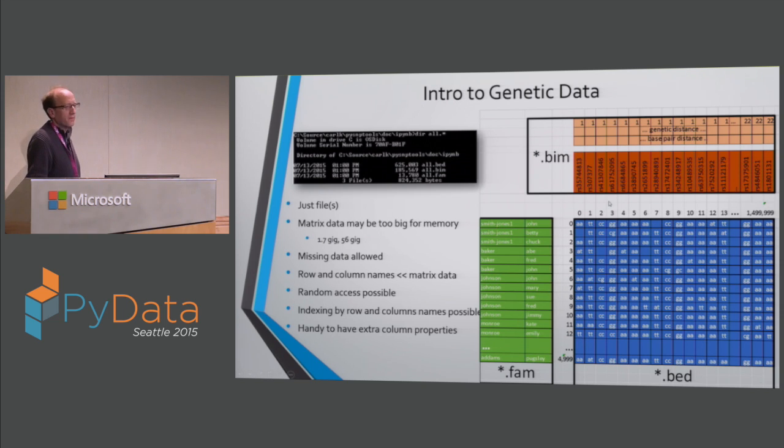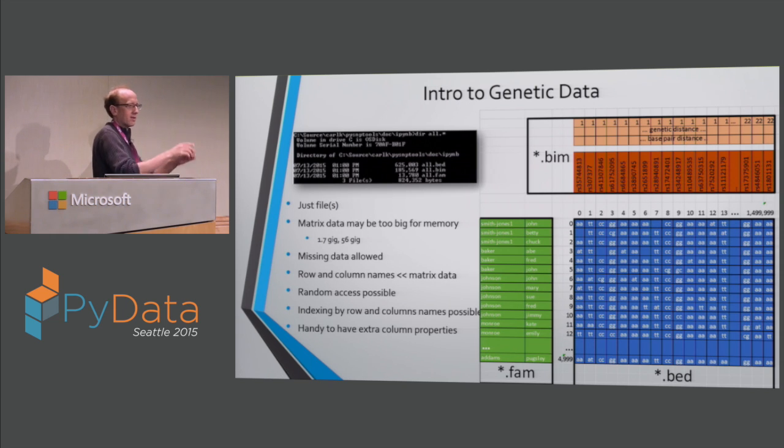There's another file that goes along with this if you're reading bed format. It's the BIM file. It contains the names of all the DNA locations, which are just a string, and it has some additional information. It'll have the chromosome that a DNA location, SNP location appears on, 0 to chromosome 22, and it has 2 other numbers, which I didn't make up here, measuring genetic distance, where the DNA location is